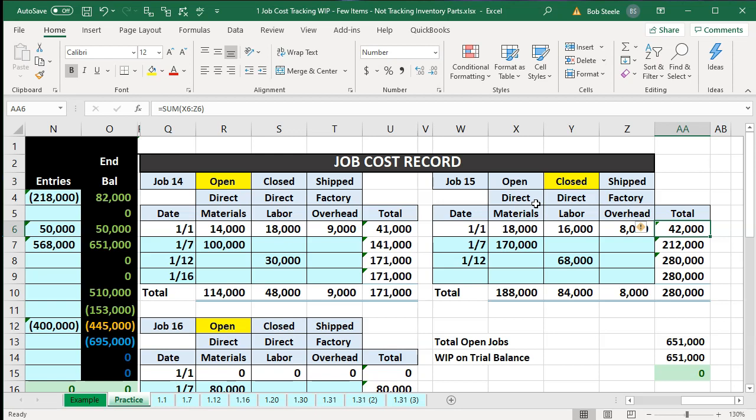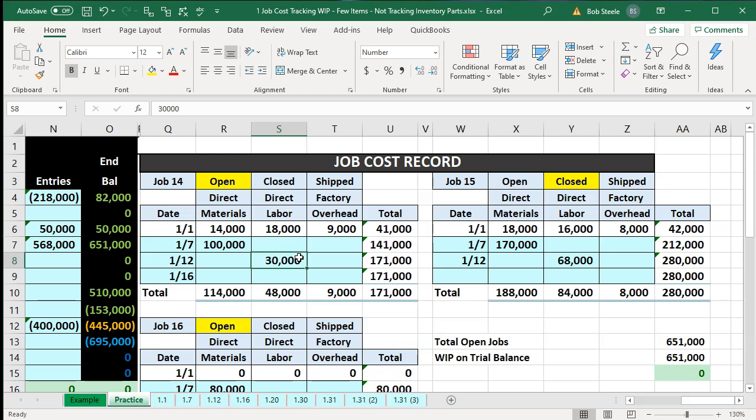That's what we're going to do here. We're going to say, look, I'm going to apply overhead to these jobs based on an estimate. That estimate is based on a predetermined overhead rate of 50% of the direct labor. Now, it doesn't have anything to do with direct labor directly. The direct labor is just being used as an activity base to determine the relative size of one job to another. So I'm not going to get into a lot of detail on how to come up with the activity base here. The main thing I want to get across is we're using some type of estimate to apply out the overhead,